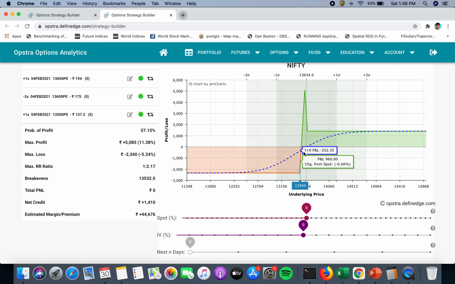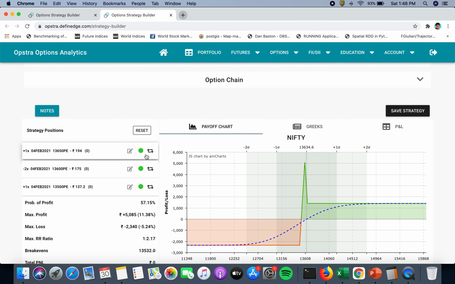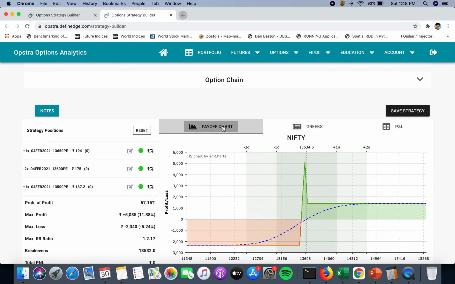And again, if the view is wrong and Nifty starts going against you, then this is your max loss, which is capped. So again, all of these four strategies that we discuss here are hedged, and you have a limited and a defined loss. So just be aware of that. Talking about the Greeks, as I mentioned, it's also a Vega negative strategy. Theta is okay and delta is also fine, and it's a gamma neutral strategy.